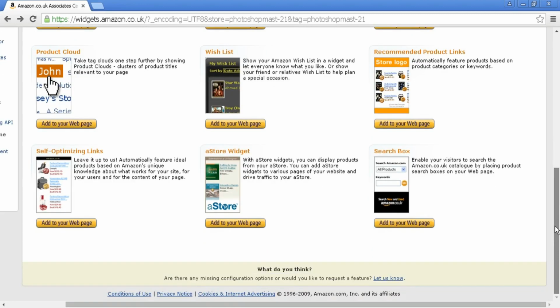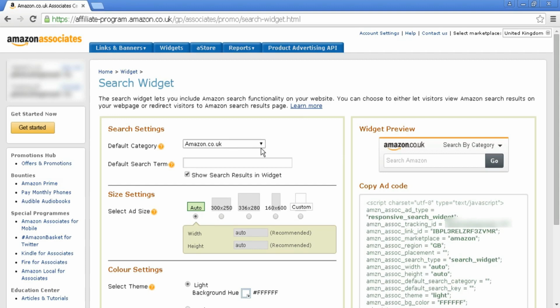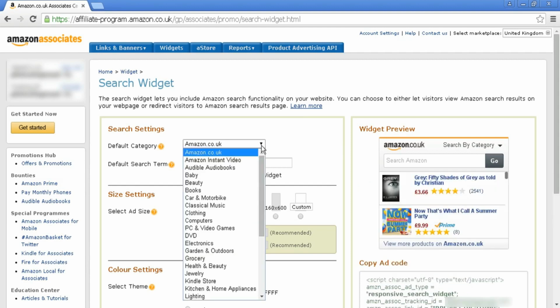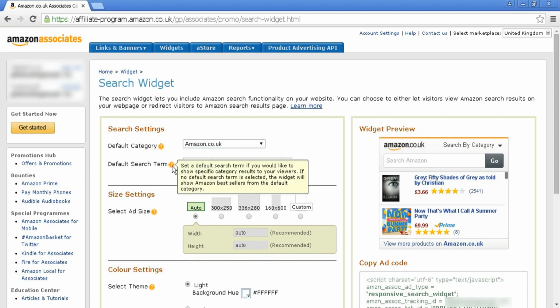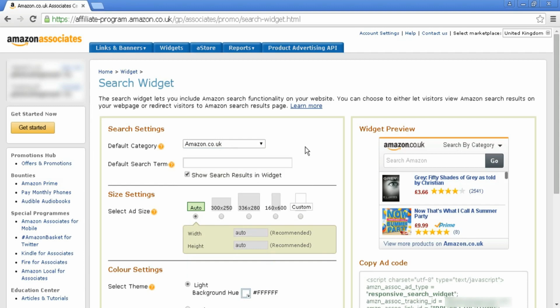And probably the easiest, and I would say my favorite one, is actually the search box. Let me click on that and show you why. What you have is the default category, and you can either have it as the main Amazon site, or you can have it as Amazon Instant Video, or you can go to a particular category, for example, books or whatever. I'm going to leave it at the default category. And then the default search term, which you can enter in if you want specific category results to your viewers. So let's say fitness,